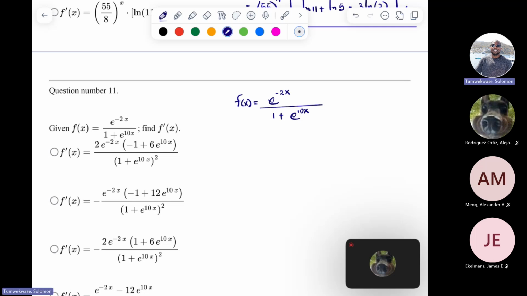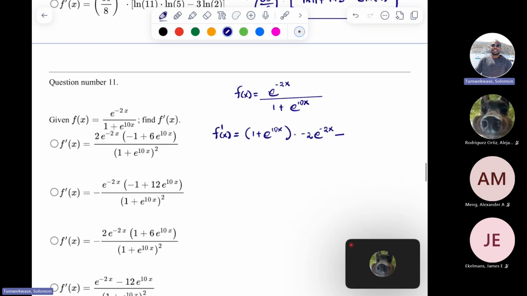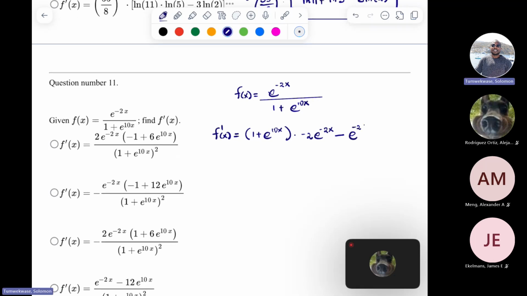Okay, so we do some quotient rule. So when I take the derivative of this, excuse me, when I take the quotient rule of this, I hold v, which is 1 plus e to the 10x. Take the derivative of e to the negative 2x, which is negative 2 e to the negative 2x, minus, by quotient rule, hold the numerator, which is e to the negative 2x, then times the derivative of the denominator, which is 10 e to the 10x, then the whole of it over 1 plus e to the 10x, that's squared. Okay,